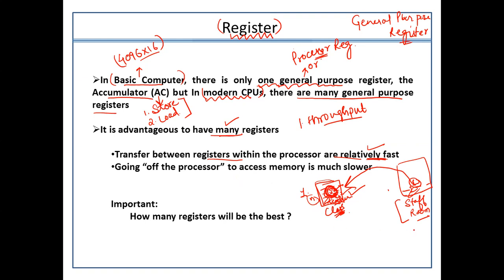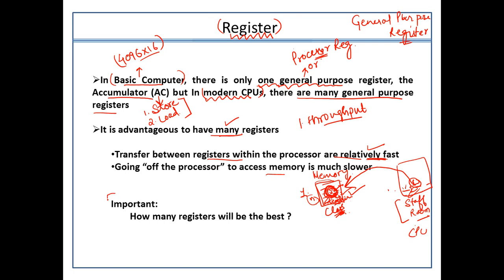Definitely, if the CPU is present here and the CPU needs the data, then again the CPU has to reach the memory, and then within the memory the specific address, and then within the address that specific data is to be figured out based upon the kind of addressing mode we are using. So if you have to go out from your place, you have to waste some time for that. This is why we are working with a number of general purpose registers.